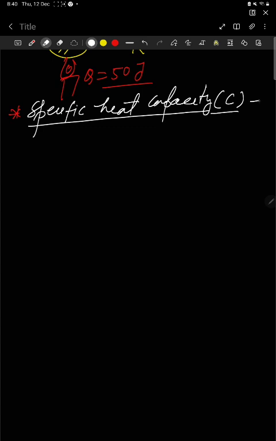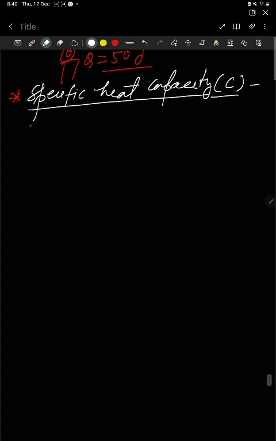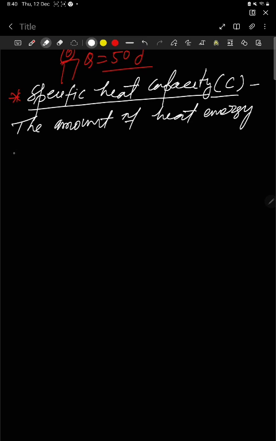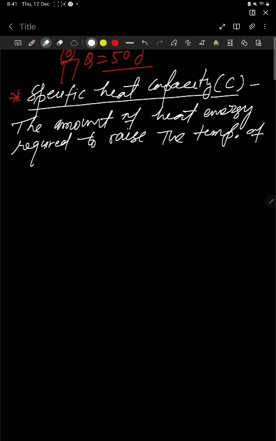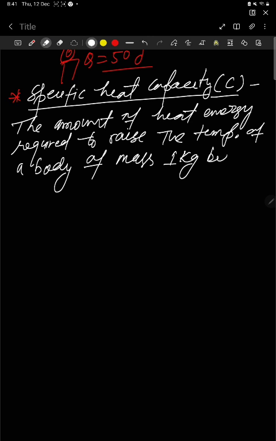Specific heat capacity represented by C. Okay, so specific heat capacity, the definition of a specific heat capacity is that the amount of heat energy required to raise the temperature of a body of mass 1 kg by 1 degree Celsius or 1 Kelvin. Okay, so what does this mean? Look, the